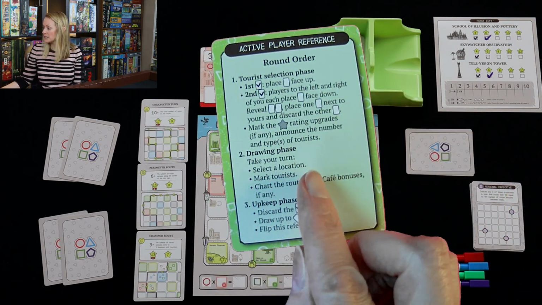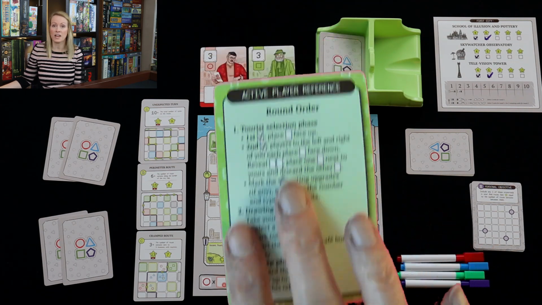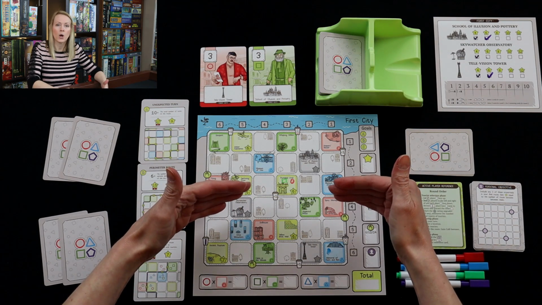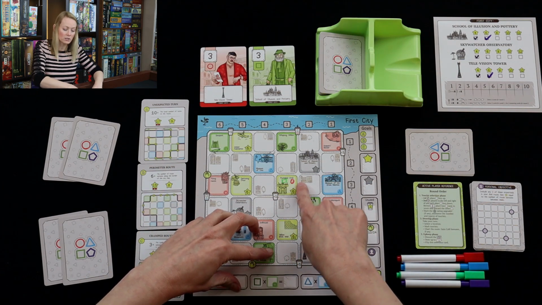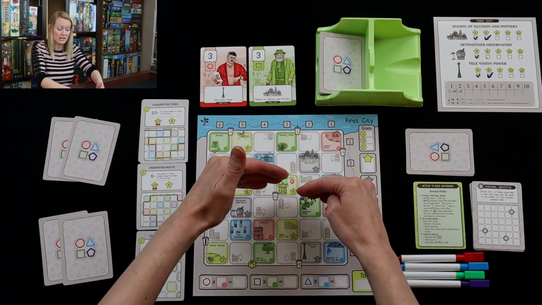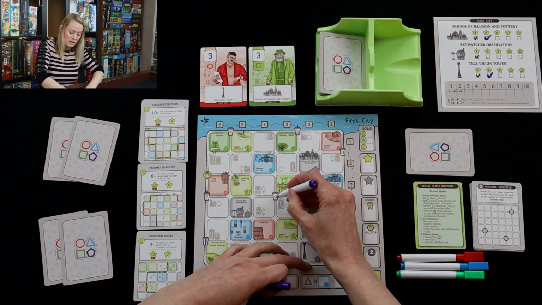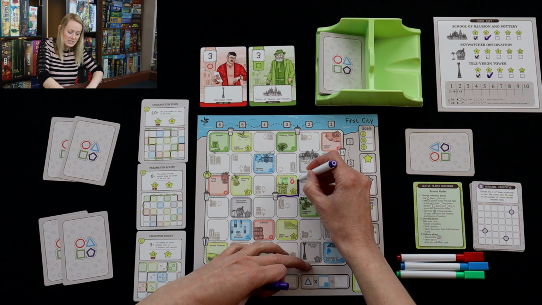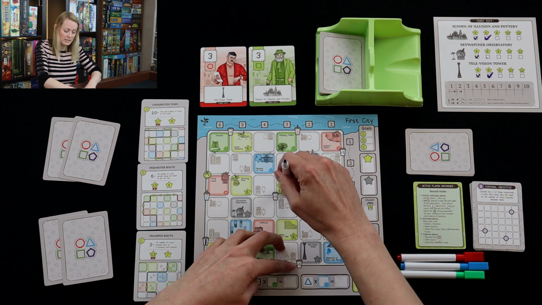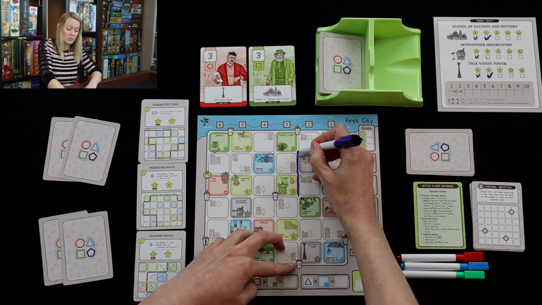Take your turn. Select a location, mark tourists, chart the route, gain cafe bonuses, if any. So the choice that I get is I can have 2 lines connected to each other, one of which is required to be along the edge of the section that I just chose. So the coordinates were 3, 3. I'm going to take my marker and I'm going to draw 1 along this line and then 1 along this line. Now, for example, I could have drawn something like this. I could have drawn 1 line here and then just 1 line continue going straight,